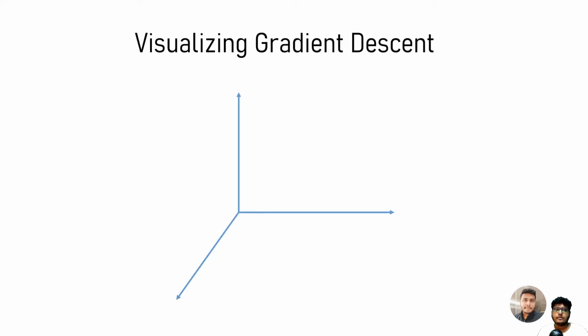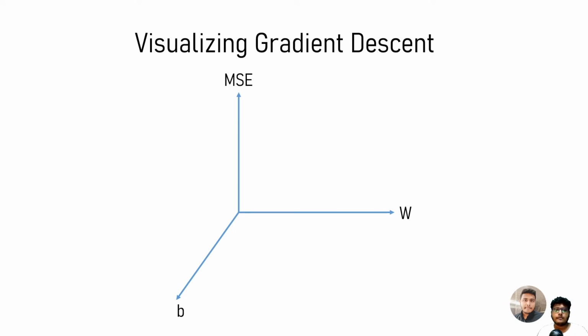So now let us visually understand gradient descent. From the previous regression line example, we could understand that gradient descent is basically helping us to minimize the error, and we are finally finding out what is the best fit, either for a regression use case or for a classification use case, it's going to be pretty much the same. But now let's understand from a visual perspective, how will it look?